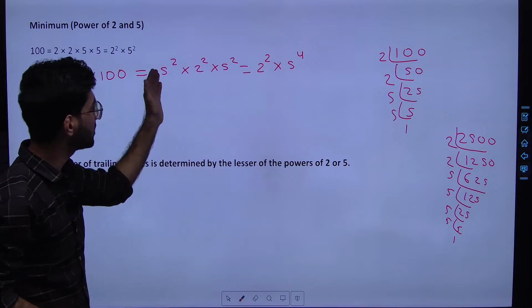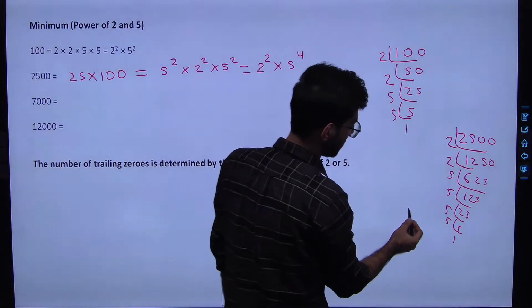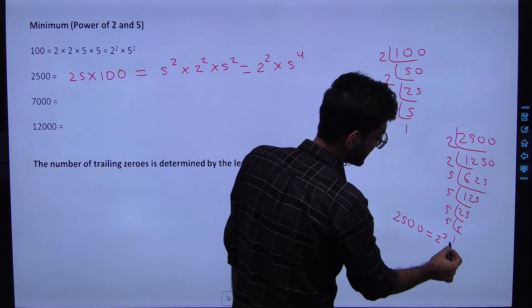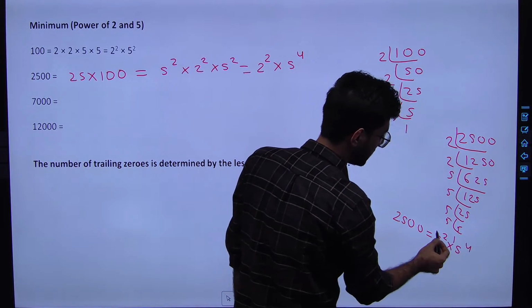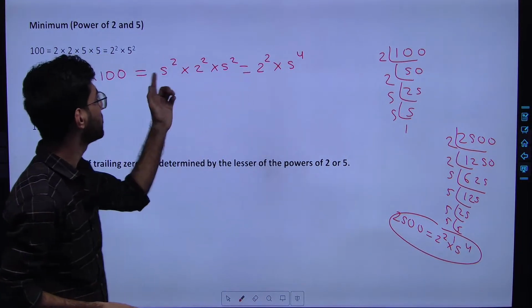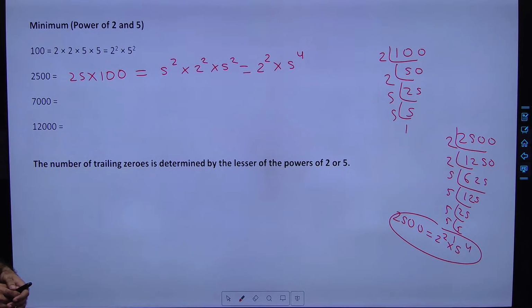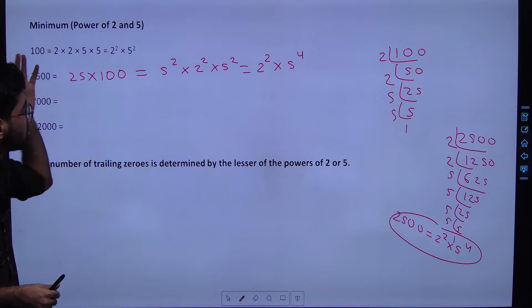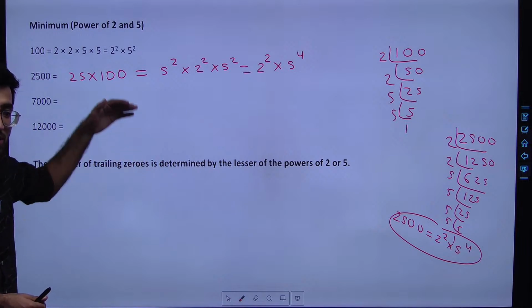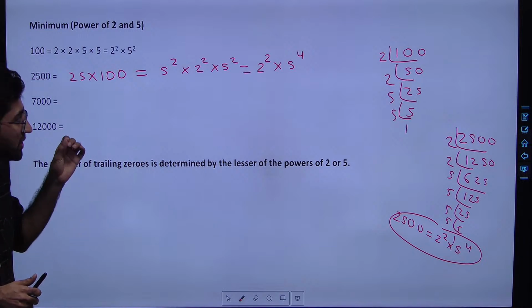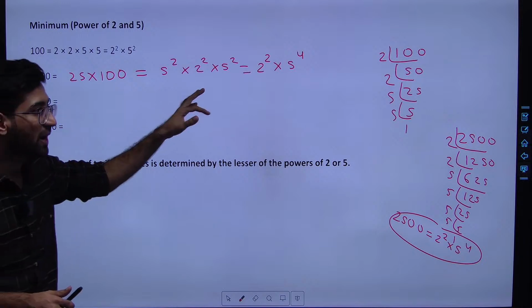Or even if you are not able to think in this way, you should be able to think by looking at the prime factorization of 2500, that is equal to 2 to the power 2 into 5 to the power 4, right? So basically 2500 is equal to 2 to the power 2 into 5 to the power 4. Why are we prime factorizing these 3-4 numbers? Because the goal is to learn about the number of trailing zeros. Once we prime factorize this number, then I will show you some kind of relationship between the number of trailing zeros and the powers of 2 and 5,